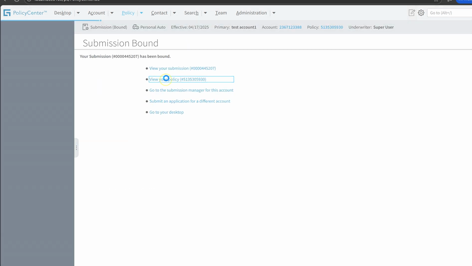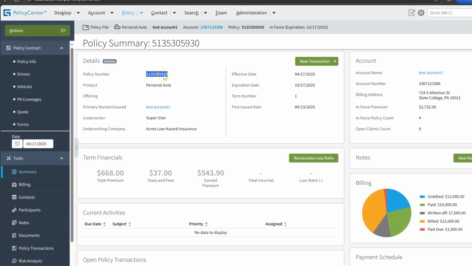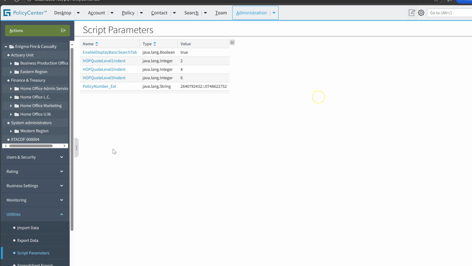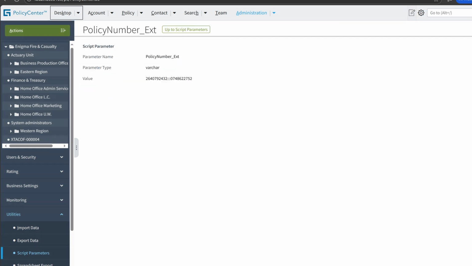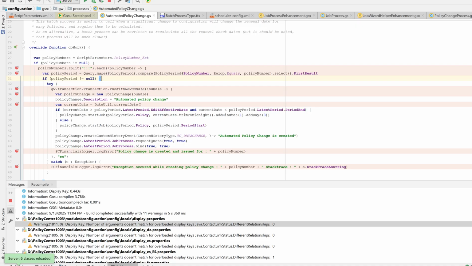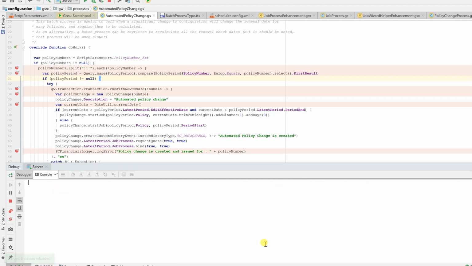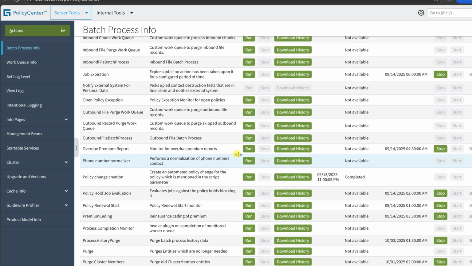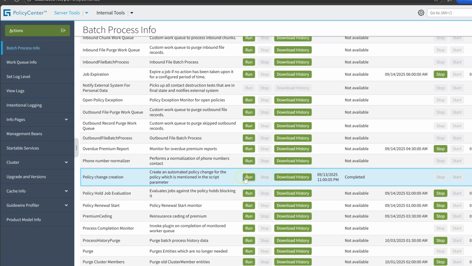Yes, I have issued one more policy in the same account. Let me give the same policy number in the script parameters. Script parameters, policy number, edit it. I'll provide only one policy. I do not want another one. Yes, compilation is done. Now if I go and run the batch policy change,